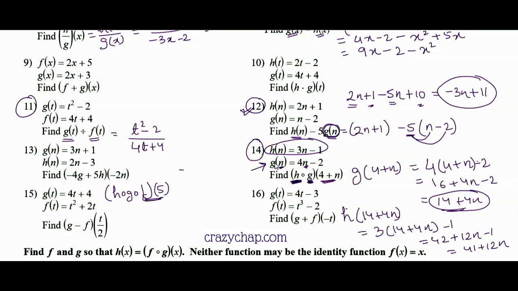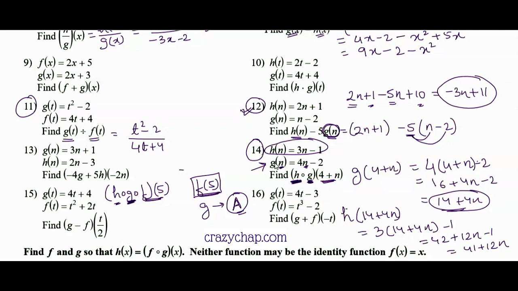Using any function f, we'll have to find the f5 value. After finding f5, we will plug in this value into the g function. Please understand, guys, the f5 value will plug into the g function. And whatever we get from the g function, let's say we get answer a, this value will plug into the h function. I hope it makes sense.